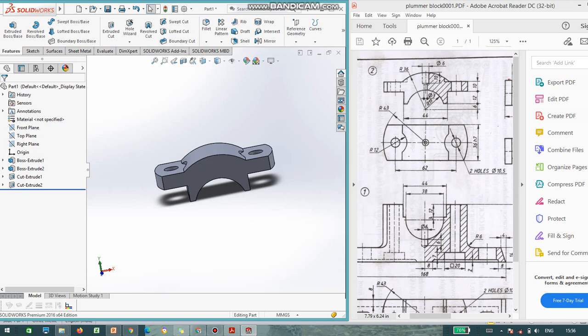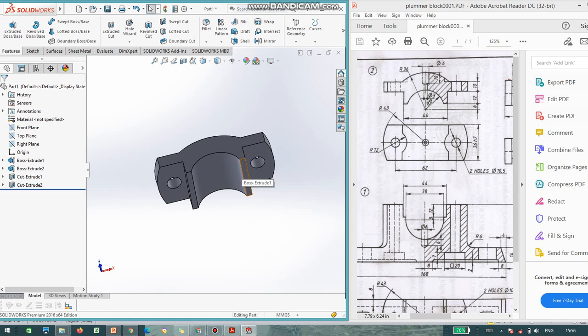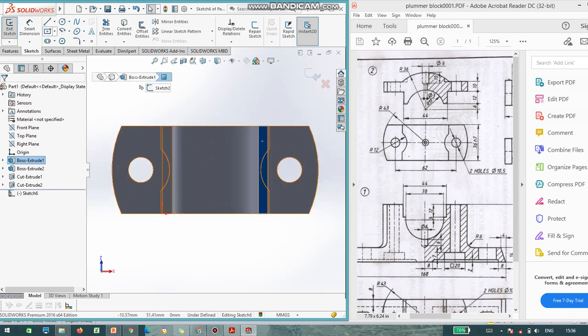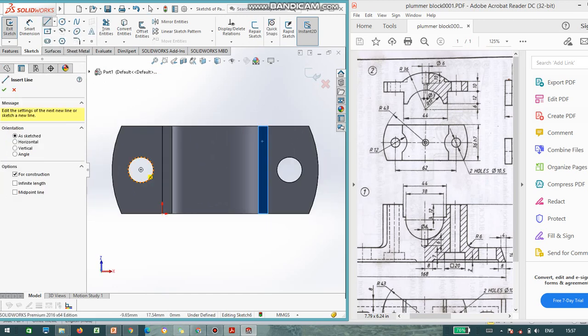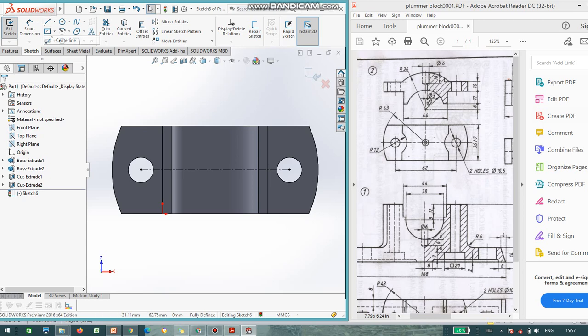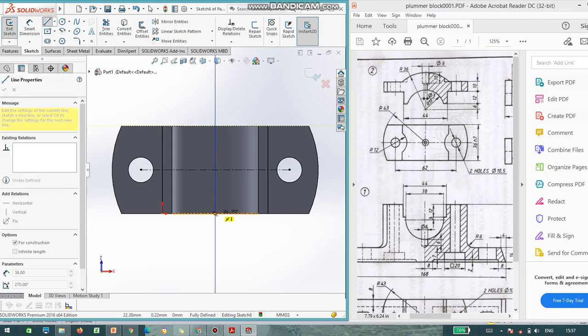Next we need to make a hole. You can see in the front view, dia 6 is there and dia 3 is there. In order to draw the dia 3, I'll take the bottom plane, go to sketch. I again use a reference line for my reference, and again this is in the middle.